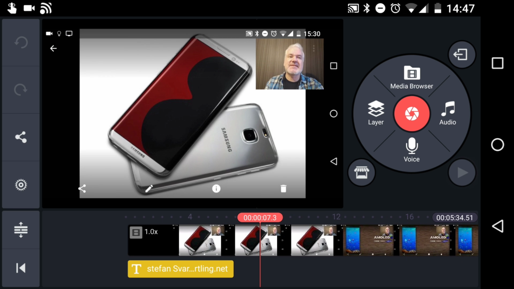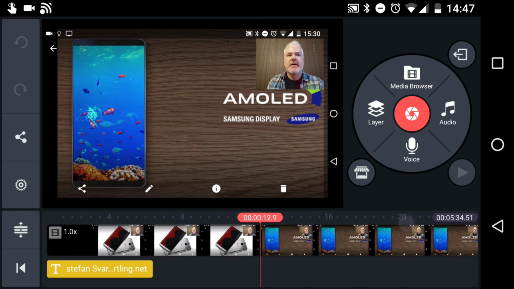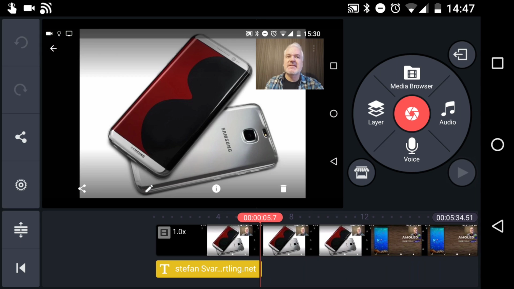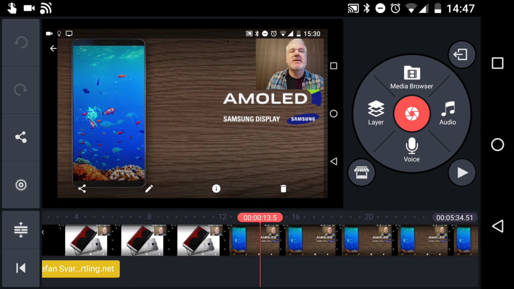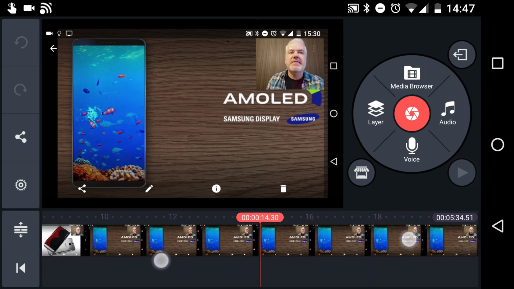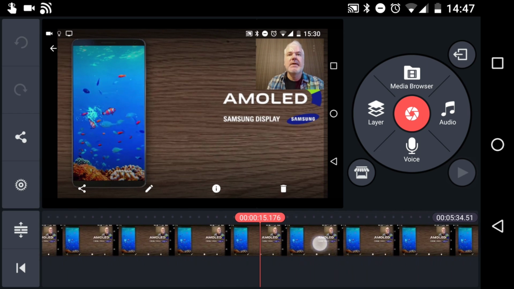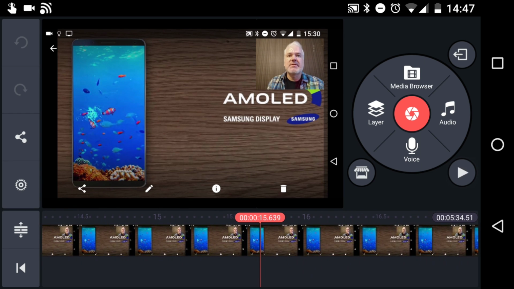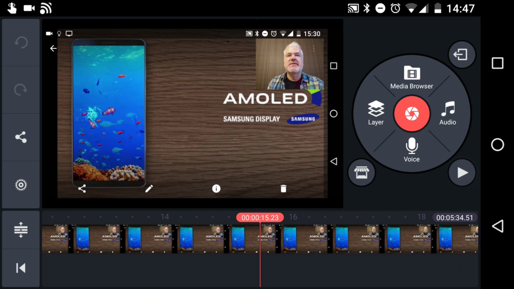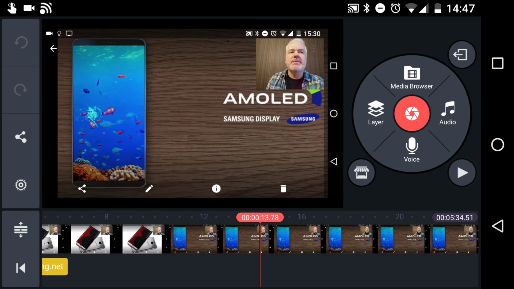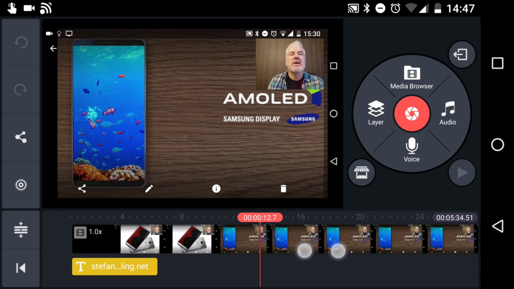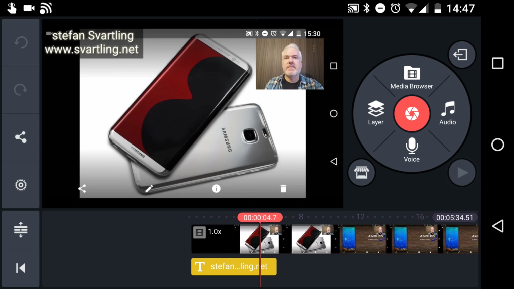And here I have my video project, and here we can, for example, zoom. We can zoom way down to frame by frame by zooming with your fingers. So zooming into what you will edit is really easy to do in Kinemaster,